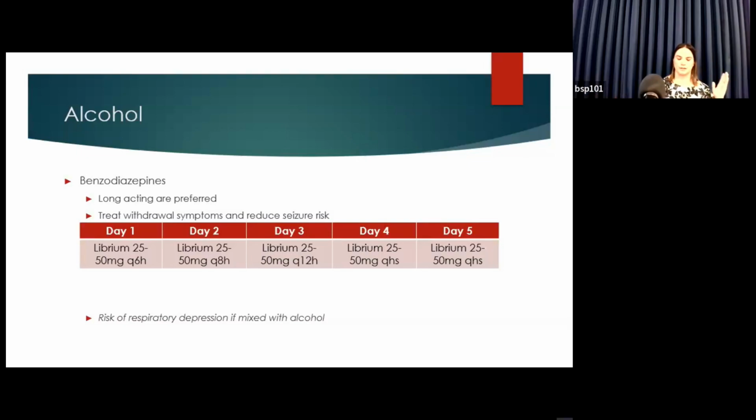And they are supposed to stop drinking and start using the Librium in its place. And then at the end of their 5-day taper, they are off alcohol. Their risk of severe withdrawal or seizure should be very minimal, and you have succeeded in getting them off alcohol. I will say the vast majority of people I've tried to do this with continue to drink and also take the Librium. So that just increases their risk of respiratory depression and also doesn't achieve the goal.